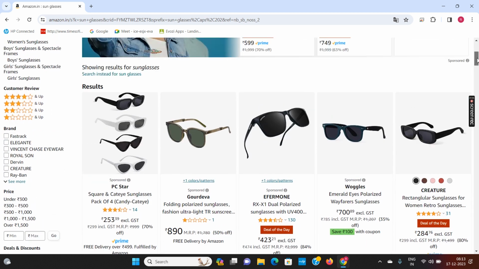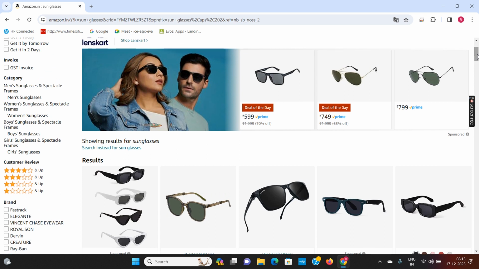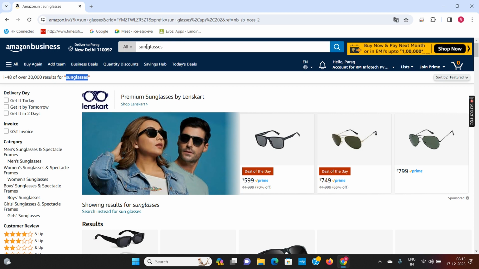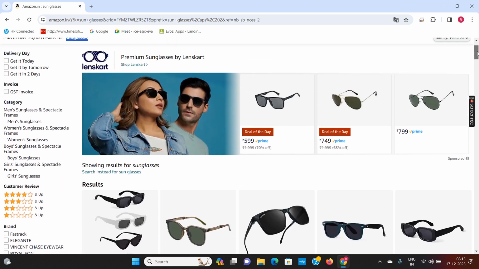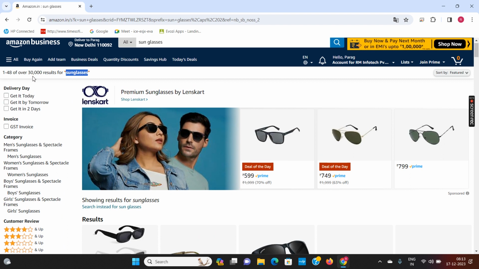Now, if I do it in a manual way, I will write this particular keyword and then manually look at what products I am getting. If I want to check 30,000 results, it will be a very time consuming process. Also, I cannot recall whether I have tested it or not. Similarly, I can search many products over here, and for many products I have to repeat the manual process again and again.